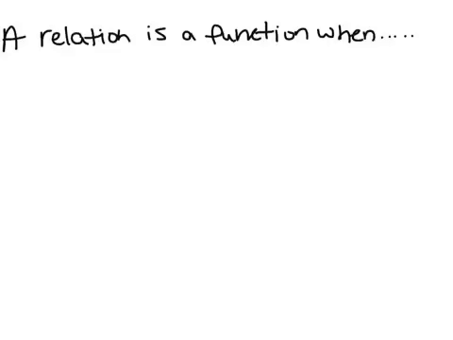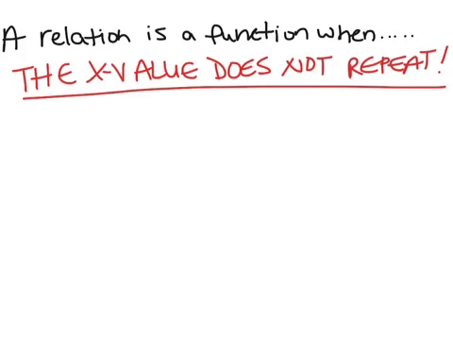Sometimes you're going to be asked if a relation is a function or not. A relation is a function when the x value does not repeat. So when you're given a list of ordered pairs, whether it's in squiggly brackets, in a table, or just a list of ordered pairs, the only way it can be a function is if the x value